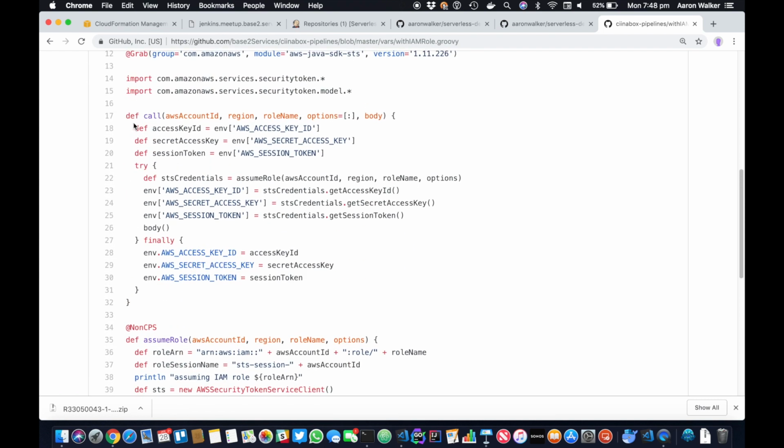And if you're doing it in shell, it's even uglier because you're having to grab the text outputs to grab the keys and then export them, and it's a lot of sed, awk, grep, right? So if you want to do that in a pure pipeline context, whereas this way you can simply include this shared library and then use that step as it is. That's why it's done that way and not in the makefile, because if it was in the makefile, you'd end up writing a bunch of shell,